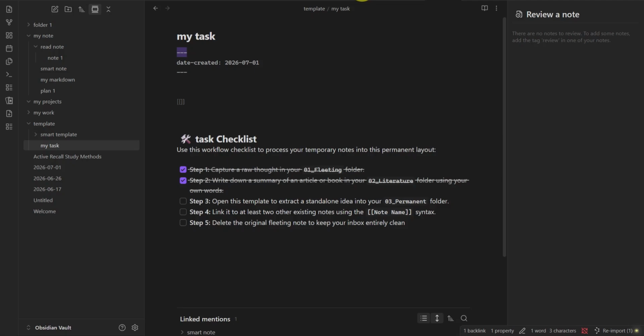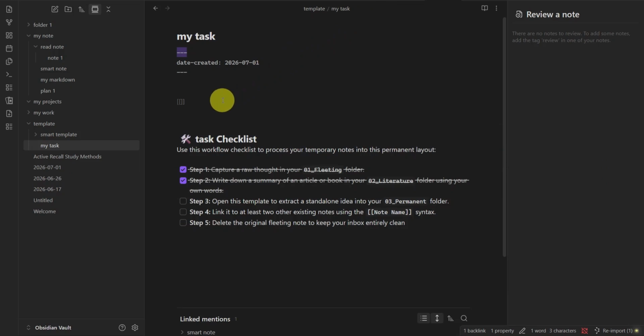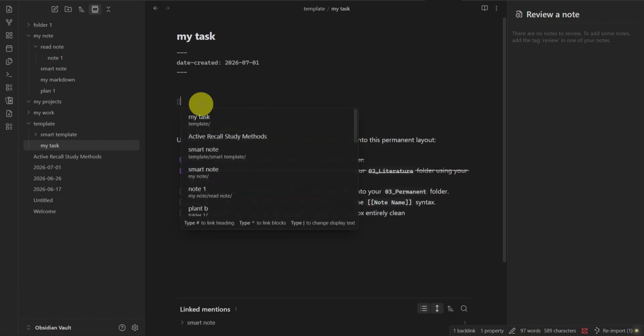In this video, we're going to show you how to cross-link and reference notes in Obsidian. Cross-linking notes is one of the most powerful features in Obsidian because it allows you to connect related ideas, topics, projects, and pieces of information throughout your vault. Instead of keeping notes isolated from one another, you can build a network of knowledge that becomes more valuable over